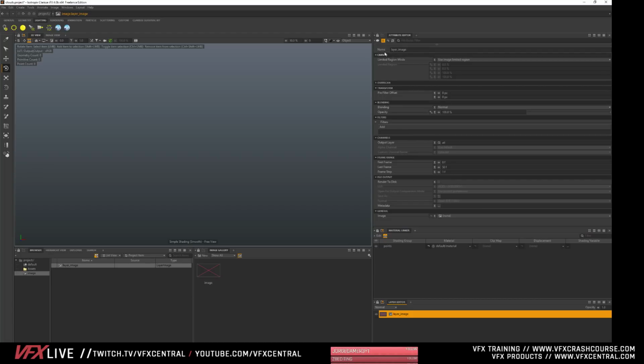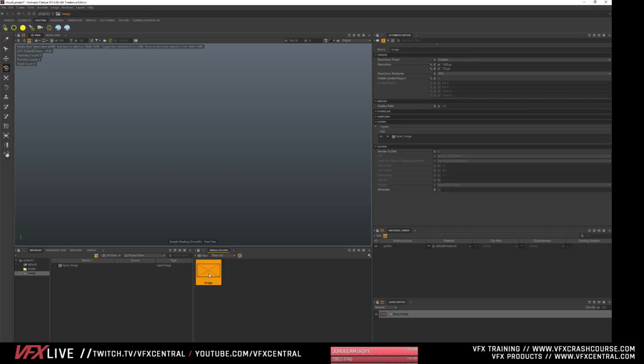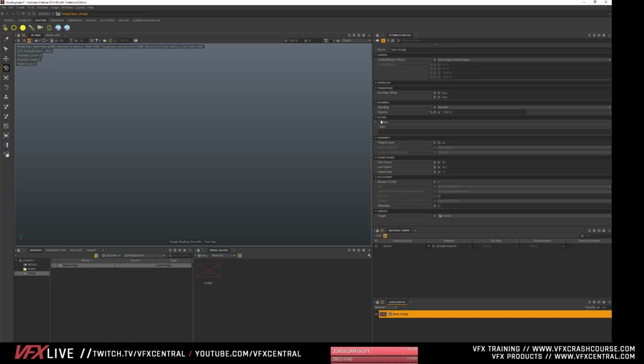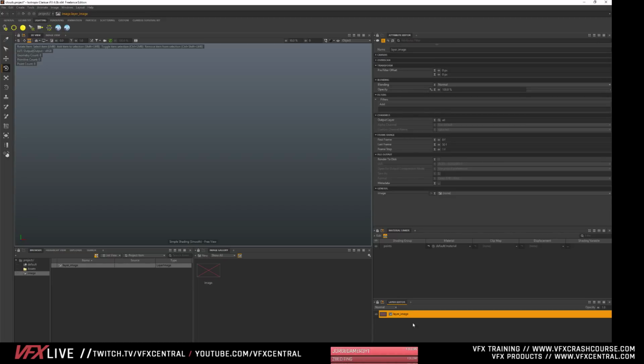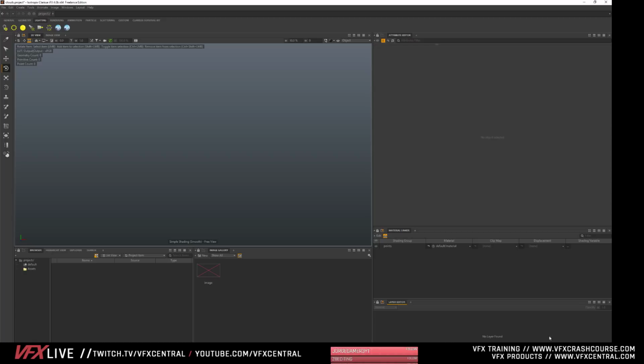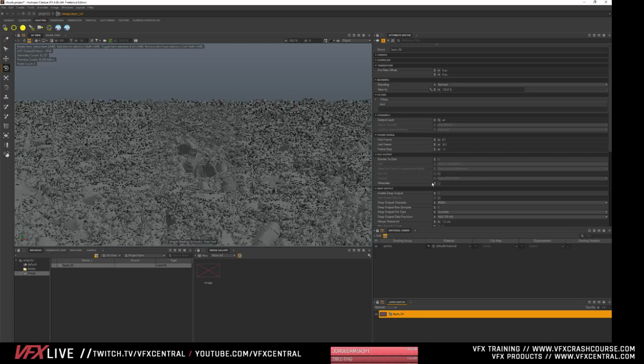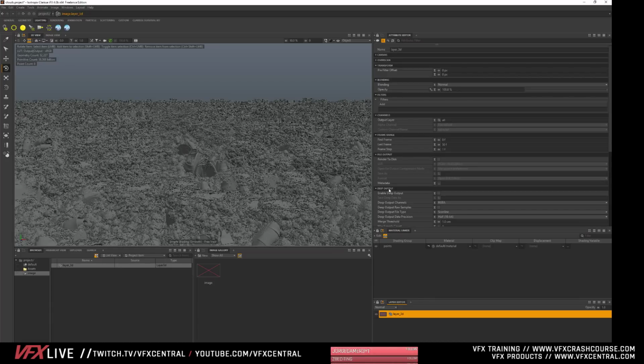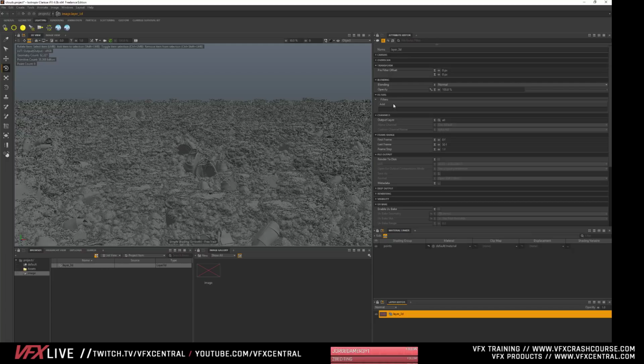Okay, and let's see if I'm doing this correctly. It needs to be a background layer. So let's see, maybe it's a new 3D layer. Okay, there we go. I think it's a 3D layer.